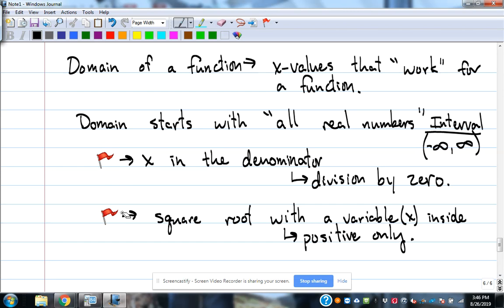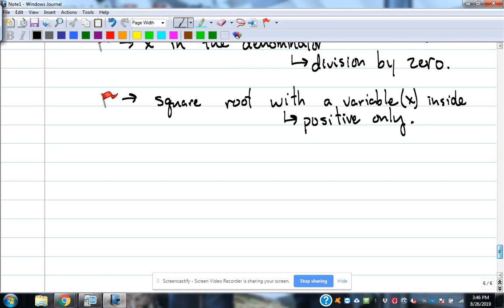If one of these red flags comes up, we're going to talk about how to fix that, how to get the domain based on which one of those red flags is coming up. So let's look at some examples and try to see red flags showing up and what to do when those red flags show up. Okay, so find the domain. That's the instructions, or state the domain might be the words that they use sometimes. But we're dealing with a function,